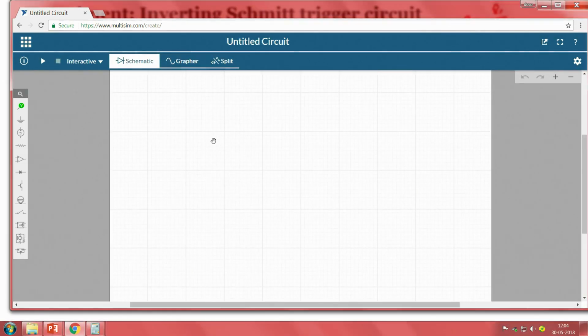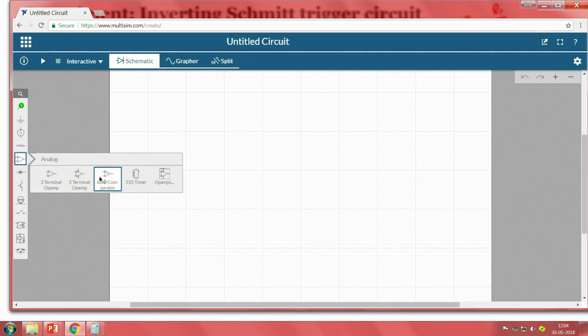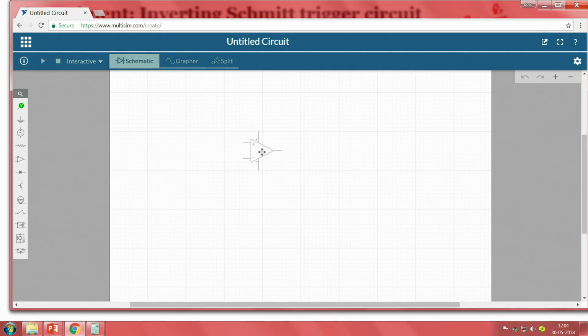Now, we will connect the same circuit that we have used, so that we can verify the working of the circuit in our Multisim. First, I have to take an op amp. I am going to take a 5 terminal op amp, I am placing the 5 terminal op amp here, right. Since it is an inverting type of op amp, to match our circuit connections, I am swapping it. Now, if I see, this is the negative and this is the positive terminal.